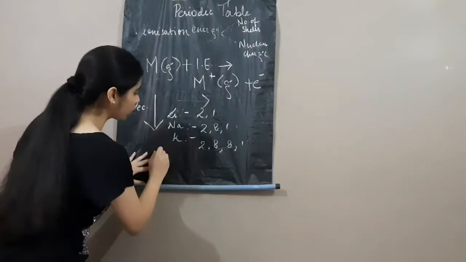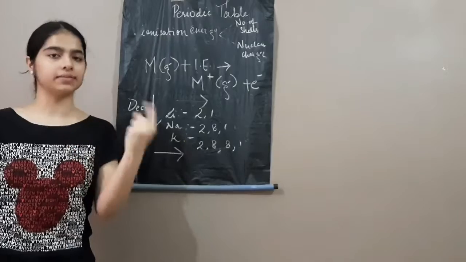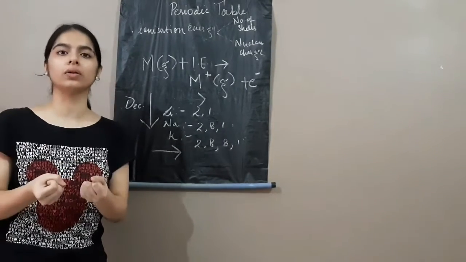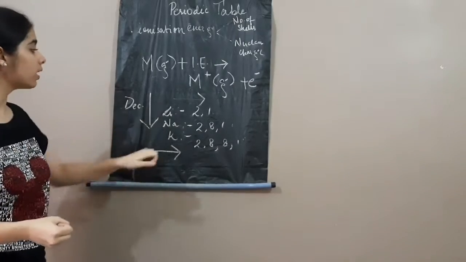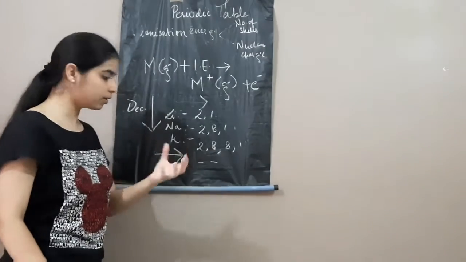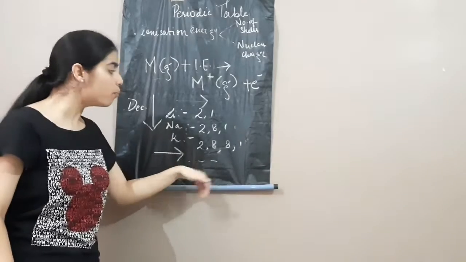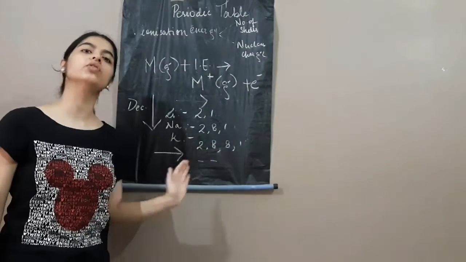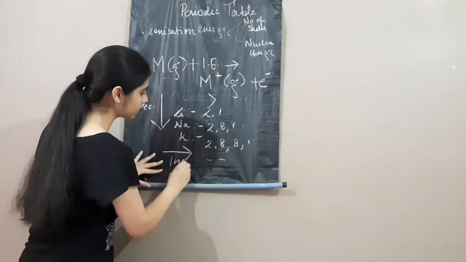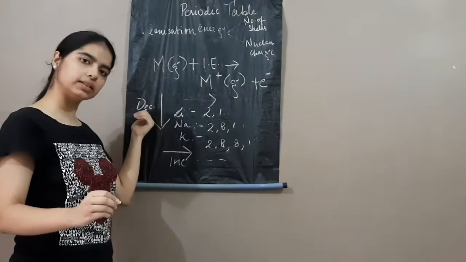Now when I talk about across the period, the shell size decreases as we have already discussed, because of the nuclear charge present in the nucleus of an atom that firmly holds the outermost orbit. Now what happens is, the number of shells is constant but the nuclear charge is increasing, so more energy will be required to remove an electron when we move across the period. So thereby it conveys that ionization energy increases as we go across a period, and down the group it decreases because it is easy to remove an electron.